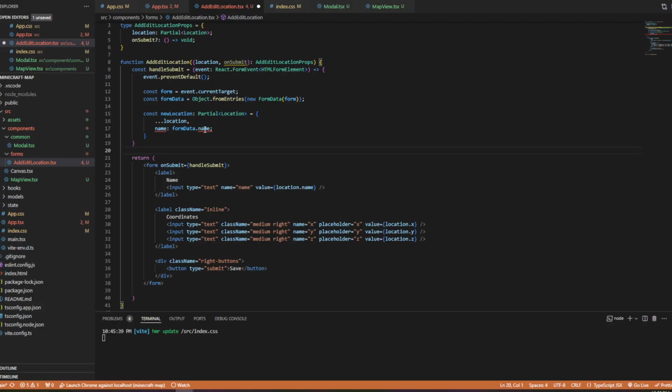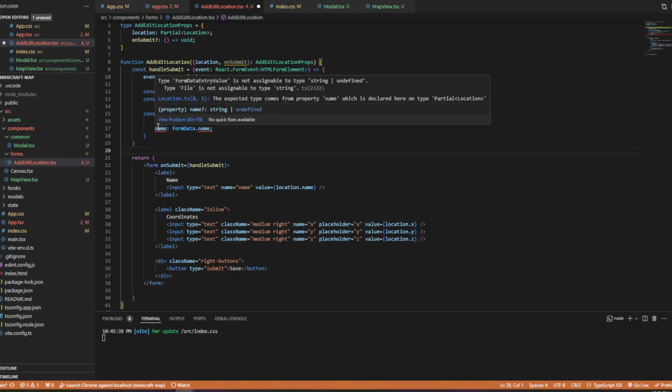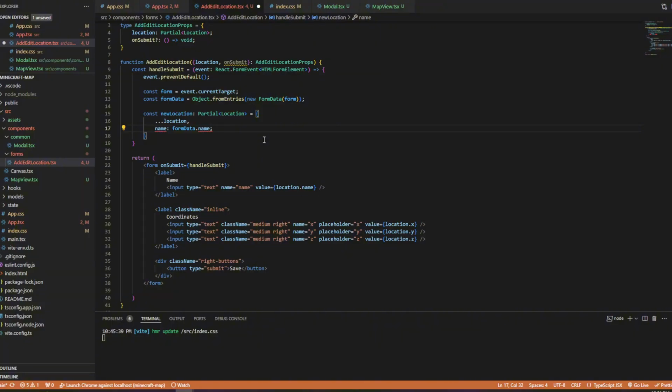Oh, that's right. That's one weird thing about this, is that it's not actually a string. So what I need to do is just use as. I try to avoid using as because it kind of cheats